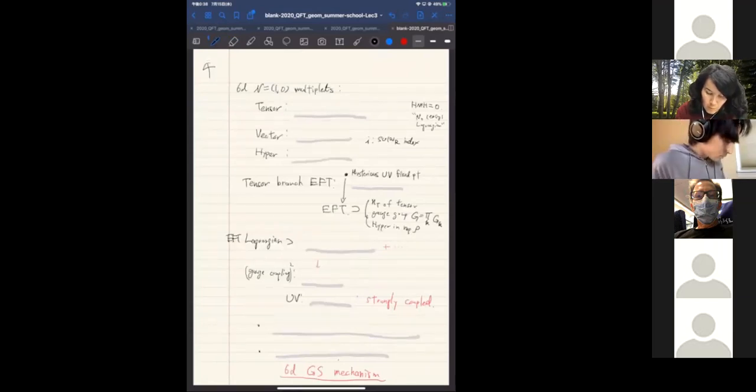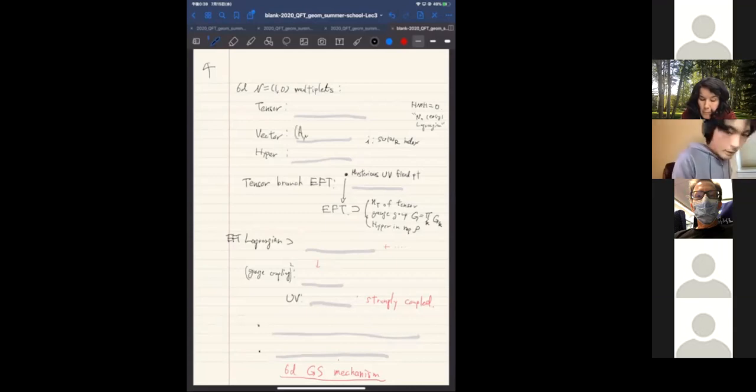Here I consider the minimal amount of supersymmetry, which is (1,0). And there are three massless multiplets with spin less than or equal to 1. One of them is a tensor. Okay, so start from the